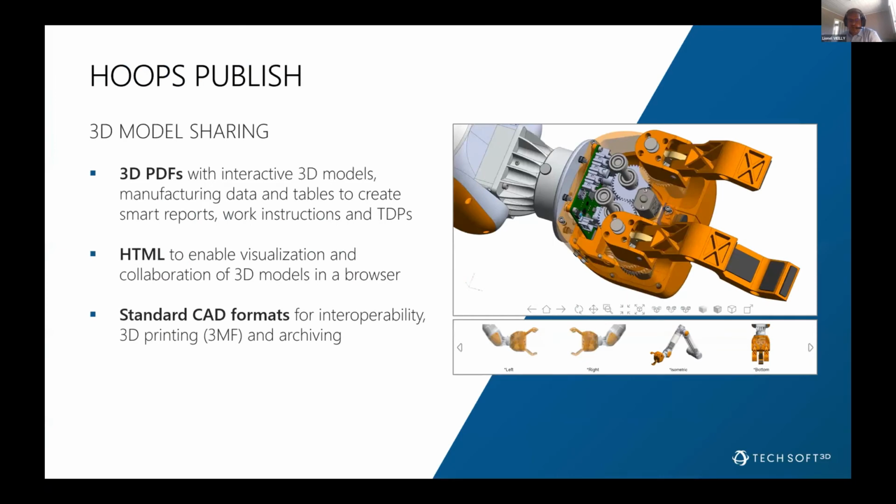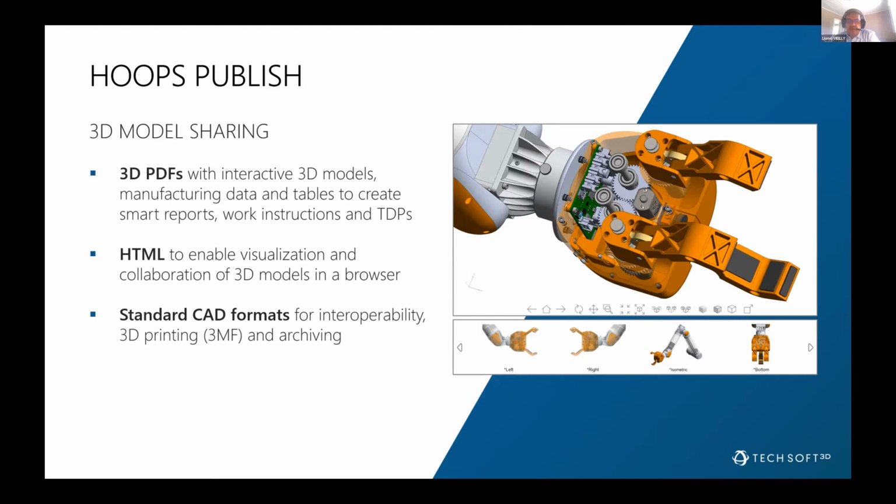So this is it for OOPS Exchange. I will move to OOPS Publish. A quick intro first. Publish is a solution to generate 3D PDF documents and also to publish various data from your application to the web. So it's about aggregating any type of data, of course starting with a 3D model, but also including metadata, for example tables that can show a part list, a list of PMI, including animations and many other types of info.